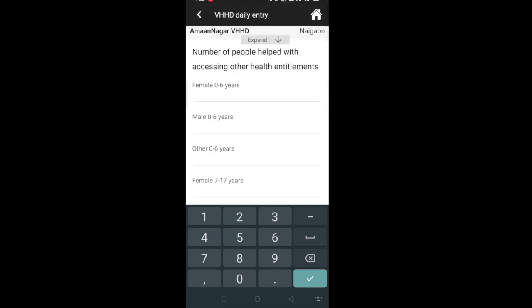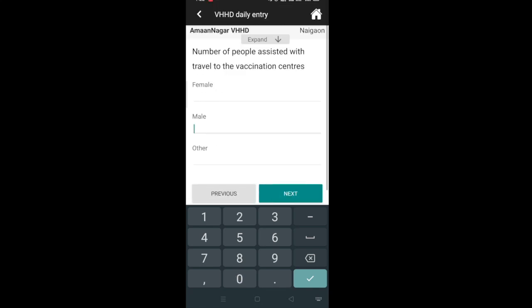Then this one is the number of people helped with accessing other health entitlements. Number of people assisted with travel to the vaccination center, how many females were assisted, how many males, and how many others.